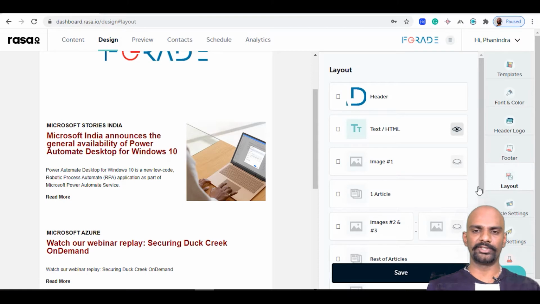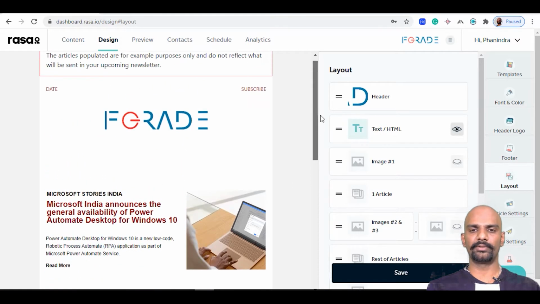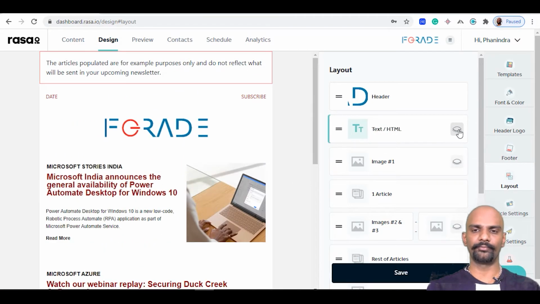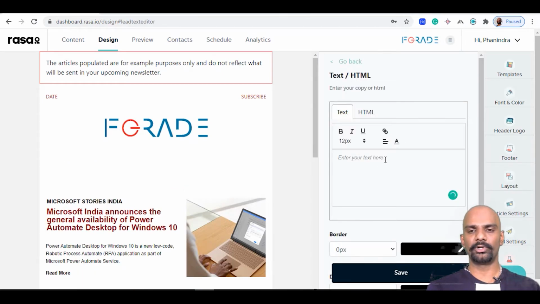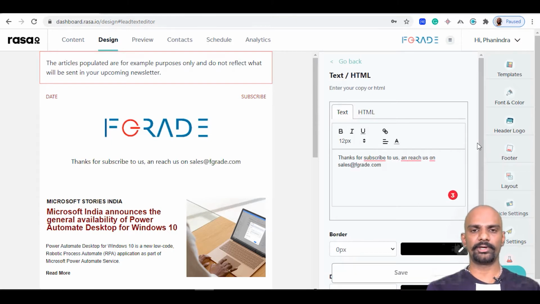And this is a layout section where we can add. This is the default template that has come. So the right side section is optional. If you want to add it, you can add it by just clicking on that I button. Okay, if you click on the I button, automatically a space is created there, and it will ask you to upload the relevant image or the content.